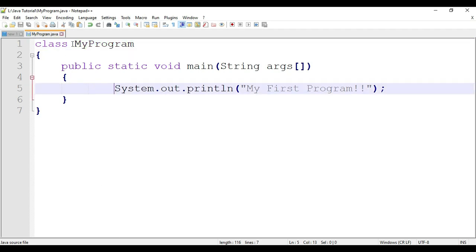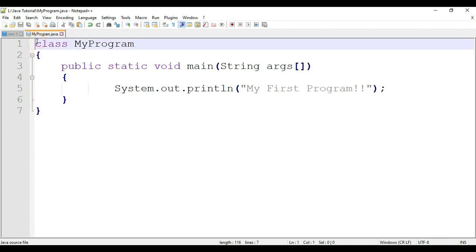One point to remember, it's not compulsory that you give your file name the same as your class name. But if you are not giving the file name the same as the class name, then when you run your program, you are going to get a problem, because it searches for this particular class for running and giving output. But if it is not found, then you are probably going to get an error. So better to give the same name as the class name.